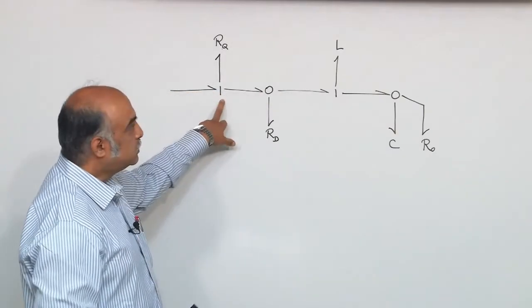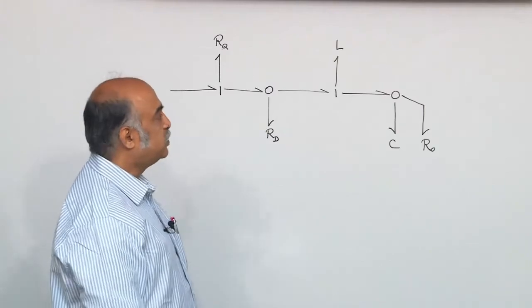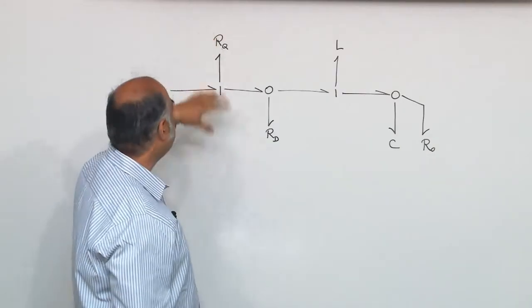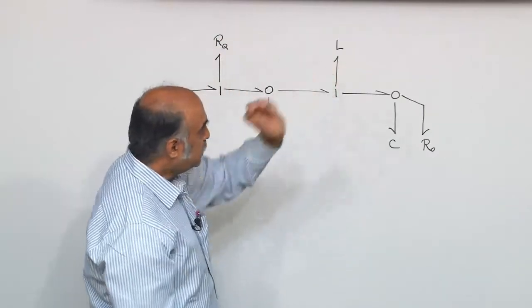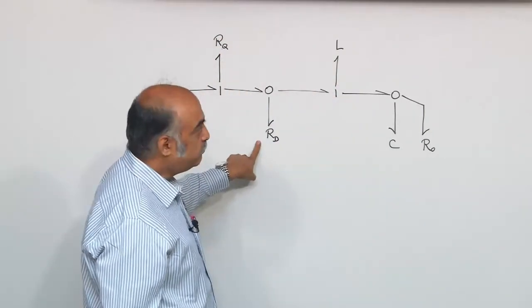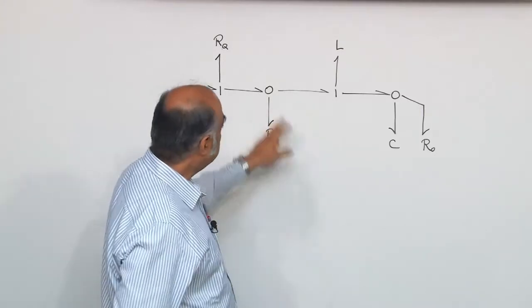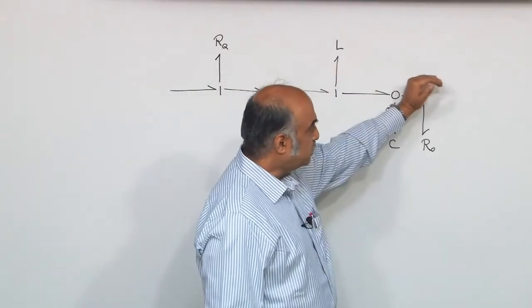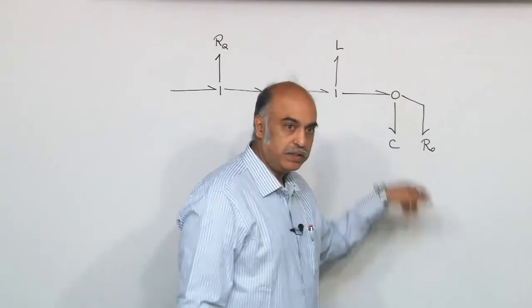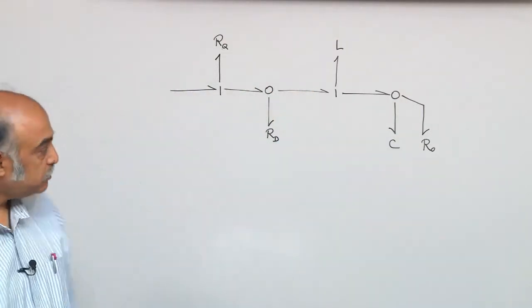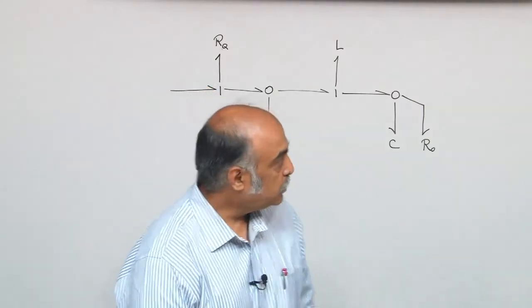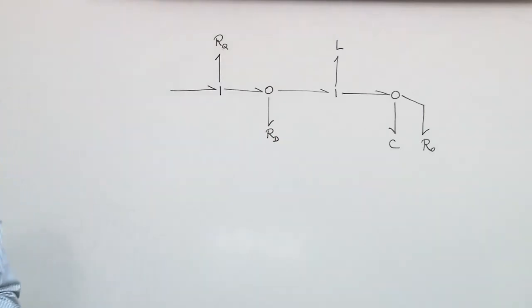You see that there is a series, then the whole packaged block there, one port. So, in series I am having an impedance RQ. This RQ need not be a constant, could be a varying, time varying R. Then you get the node, therefore RD. RD is parallel with another block, which when you go through the block, you have a series L, then goes through the last block, which is having two components in parallel, C and R. Now, this appears to be the bond graph for this.